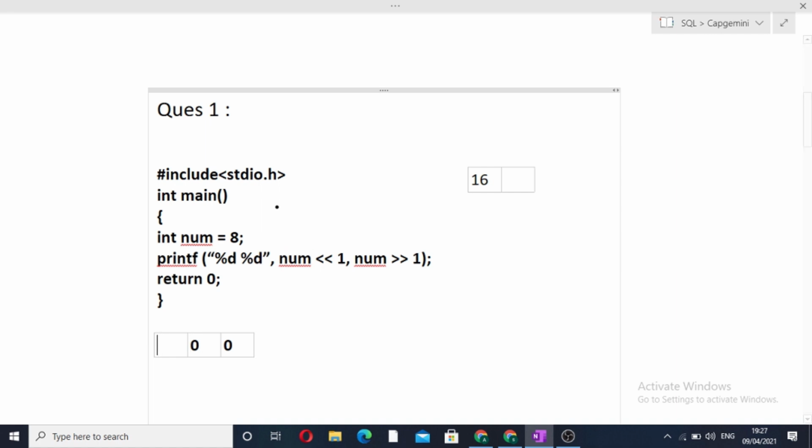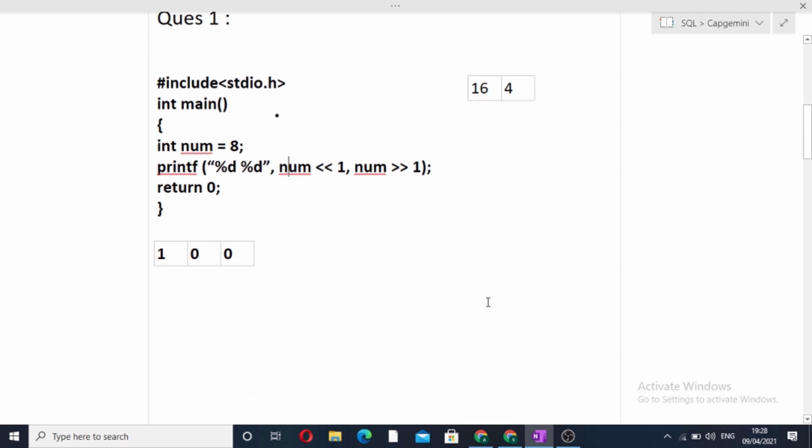Now what is the value of this binary? This is 4. So the answer for the second operation will be 4. That is, when 8 is shifted towards the left by one position, the answer will be 16, and when 8 is shifted towards the right by one position, the answer will be 4. So the actual output here will be 16 and 4.